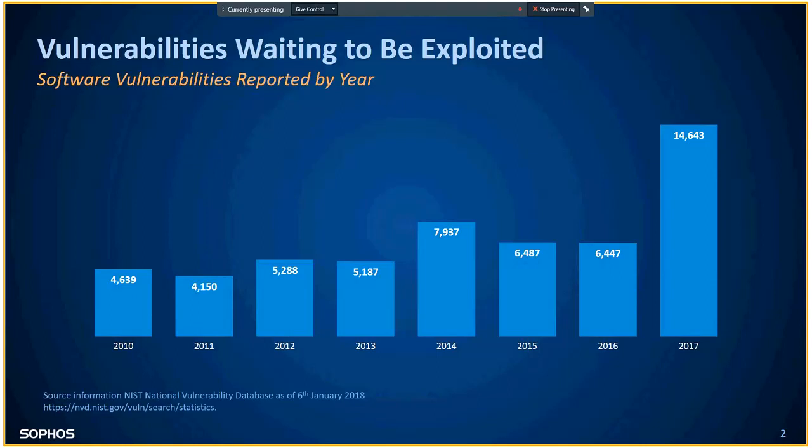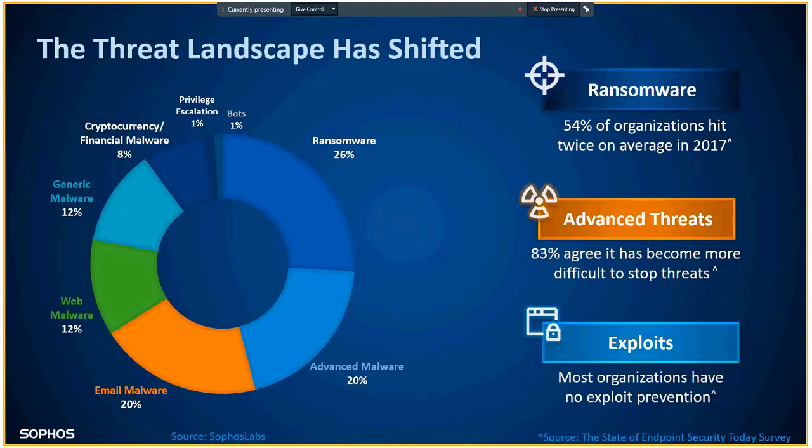The threat landscape has shifted a lot. We've seen more ransomware and advanced malware coming up. Before, it used to be just web malware and email malware, but now ransomware and advanced malware use exploits to do a lot of damage. We're talking about the likes of WannaCry, Petya, and NotPetya. These are malwares that cause a lot of damage and prevent access to your business files. They ask you to pay a lot of money, and a lot of organizations really don't know what to do